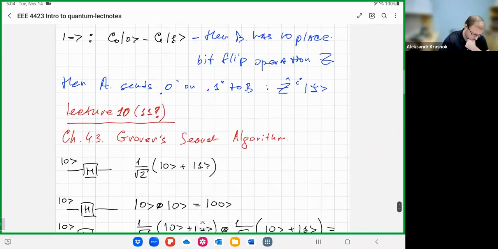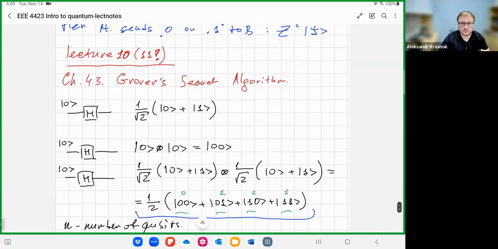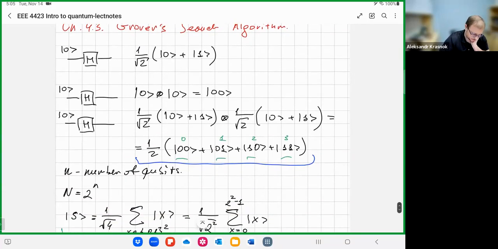So our last lecture was dedicated to the in-detail discussion of Grover's search algorithm. I decided to discuss this quantum algorithm in a more detailed way because I believe it is one of the most important algorithms. And today we will discuss some other quantum algorithms in less detailed way. All right, so